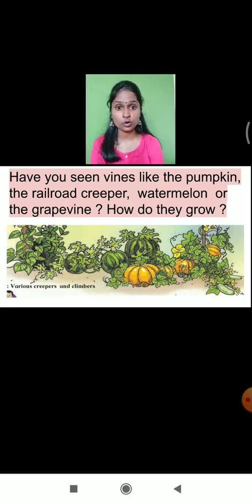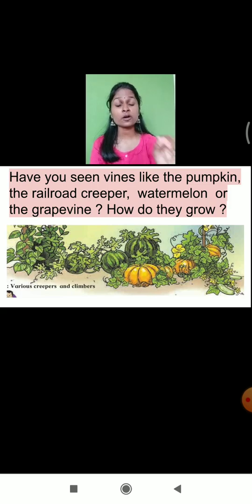Even at your home also, you must have found money plant. Am I right? So some people keep the money plant in the water bottle and they keep in the balcony or window area. And you must have seen that to grow money plant, we support either wooden bamboo or that money plant will take the support of the window grill. That means the stem of the money plant is not strong. As it is not strong, it requires extra protection and it requires extra support to grow independently. Am I right?